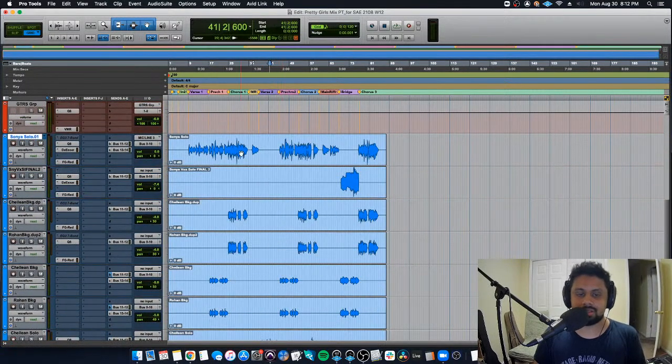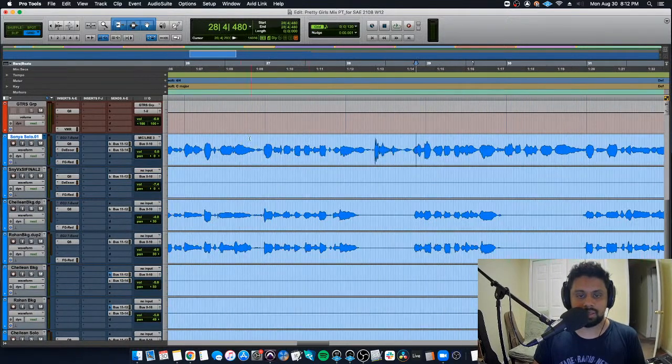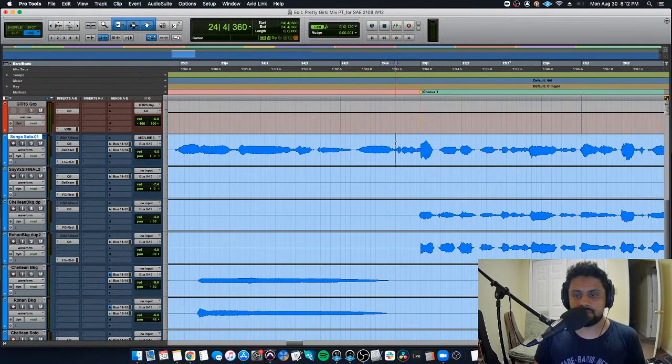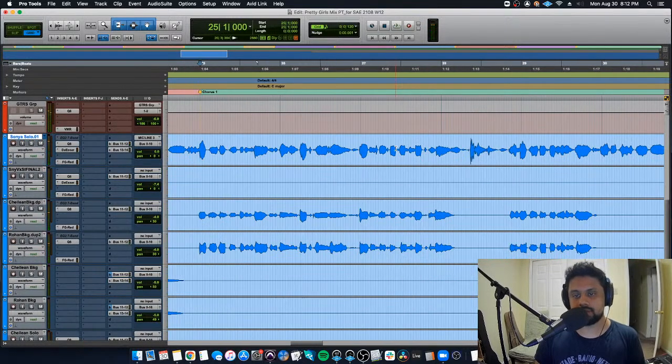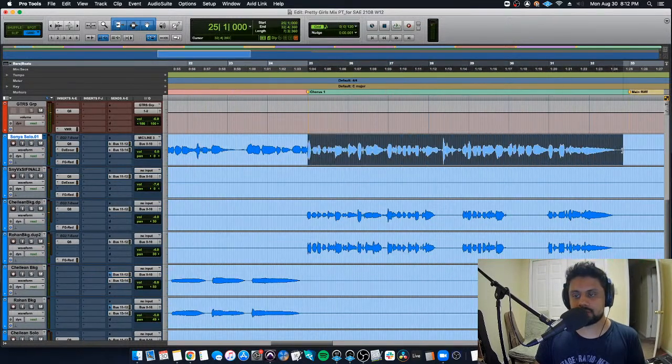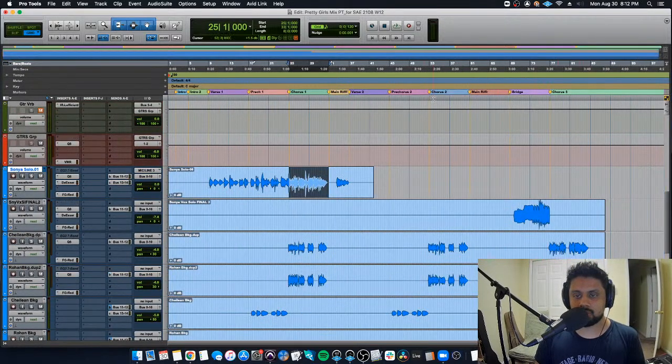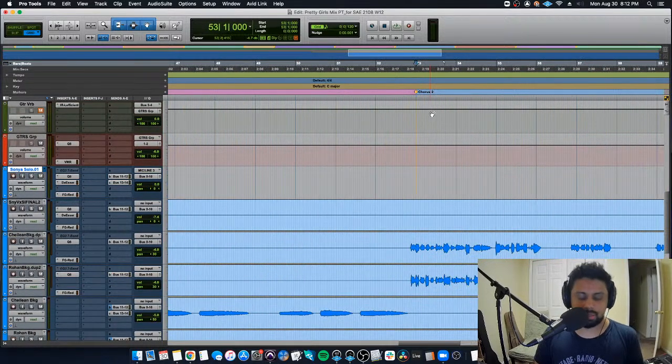Look, there's another way to do this as well, right? So suppose you're in chorus 1, you have main vocals over here. You can select the chorus, press Command C to copy, go all the way to chorus 2, press Command V,